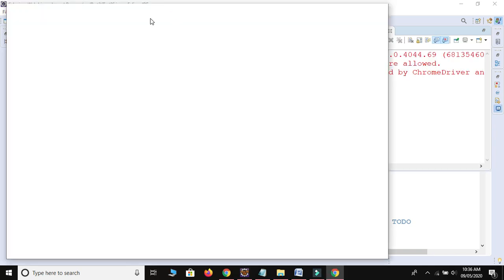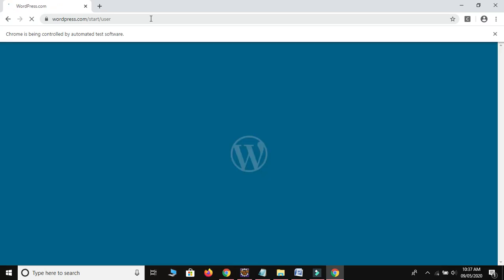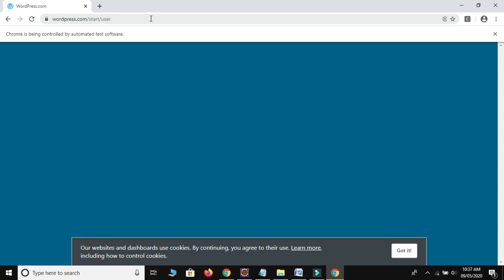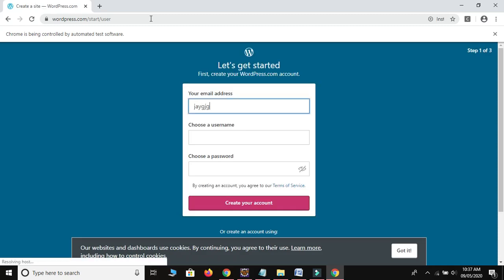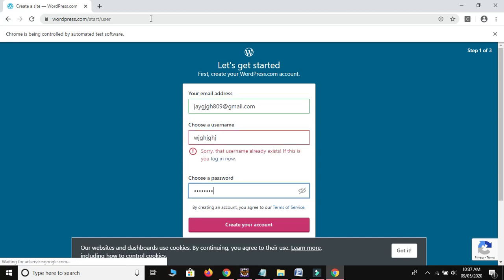So it will launch Chrome, it will maximize, and our wait is applicable. This time we didn't get a no such element exception or anything because we provided a very good wait in our script. As you can see on the screen, it entered data.